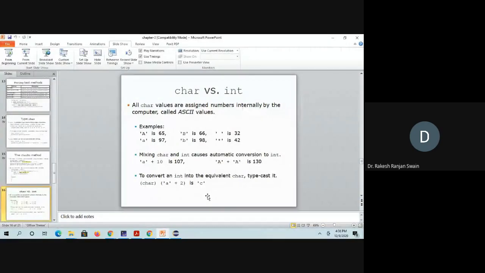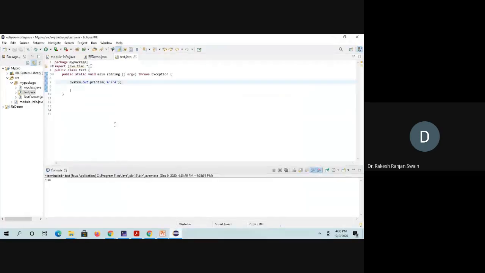But if you want to convert this to a character, then what? Suppose here I write character 'a' plus 2. Then what happened?